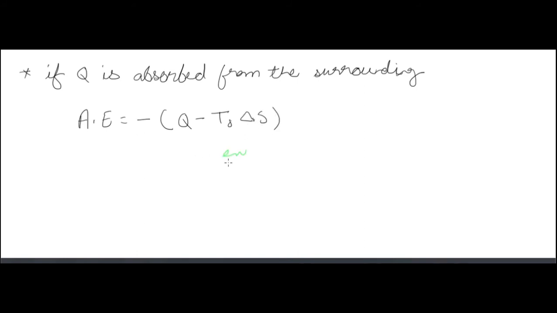The further explanation will be given in lecture 12, you can understand from that also. Now, the system that we have understood here is losing heat Q, like the source of the heat engine we were having. If the source or the system is absorbing heat from the surrounding, the available energy should be Q minus T naught delta S. Rest all is the same, just with a negative value. All the things that you are doing, you will do the same, just add a negative value.